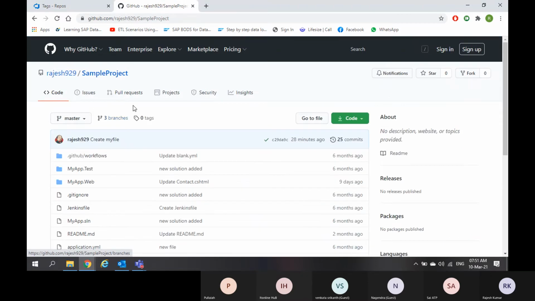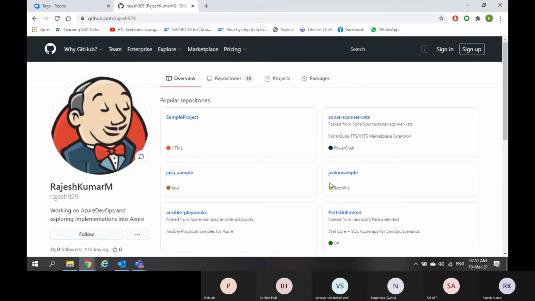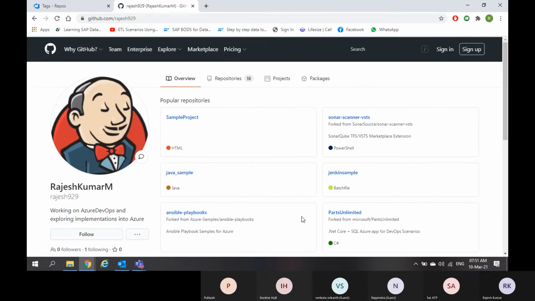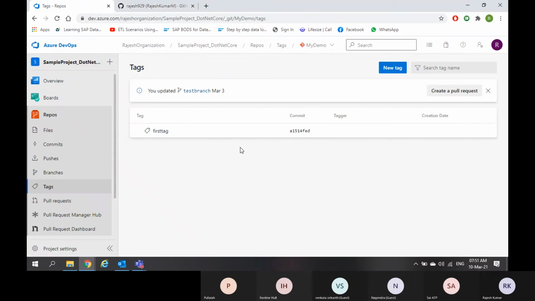Here I'm not sure which source code repository I have the tags in, but I will try. If I go to Jenkins sample, 0 tags. Java sample, no tags. I think I have not created any tags in these GitHub repositories, but I have created a tag in Azure Repos.